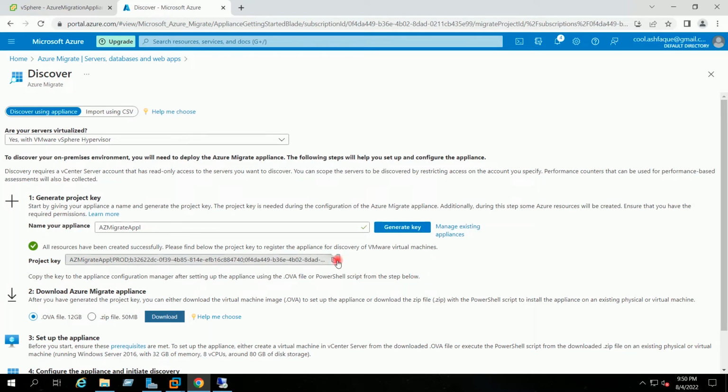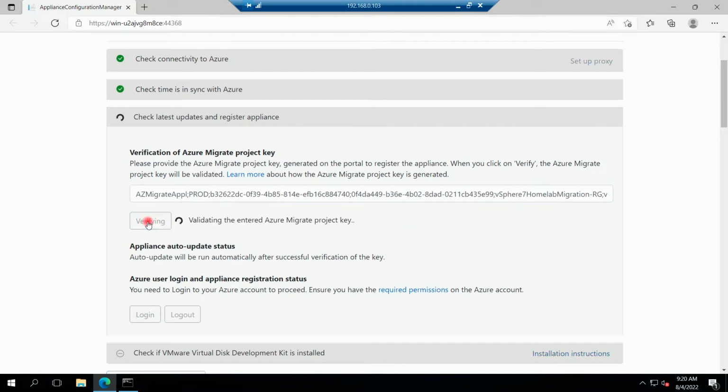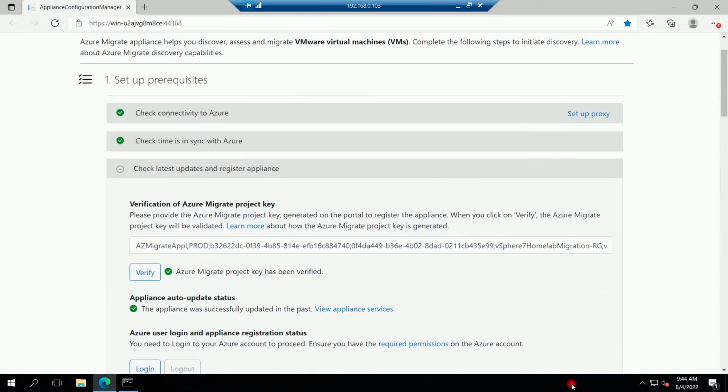I will copy the key, go to the appliance RDP and paste the copied key here. I will click on verify. So the key has been verified. It will now start the appliance update. Here the appliance auto update has been completed.